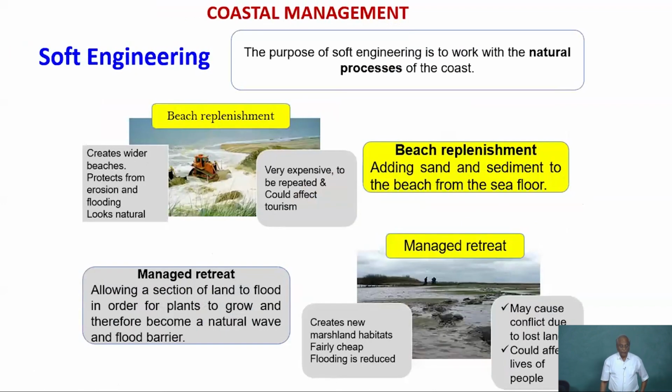The coastal zone, the soft engineering. If you look at soft engineering, the purpose of soft engineering is to work with the natural process of the coast. So one area is getting eroded, somewhere else there can be some more sand. So pick up that sand, nourish the beach. So this is what is called artificial beach nourishment. Or you can have